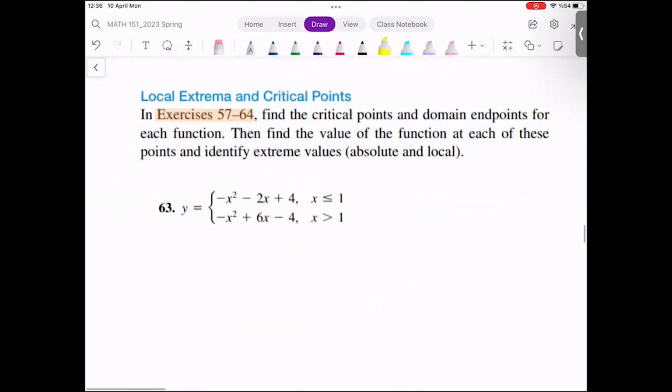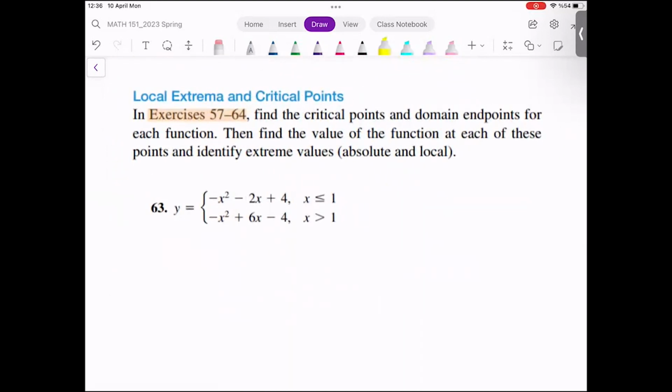Let's look at this one before the break, and then we will take a 10 minutes break or 15 minutes